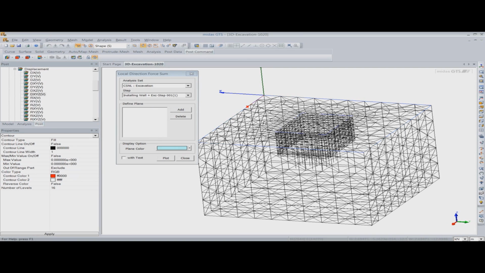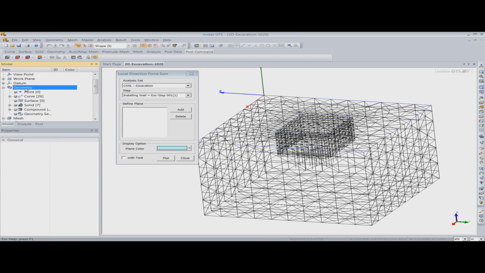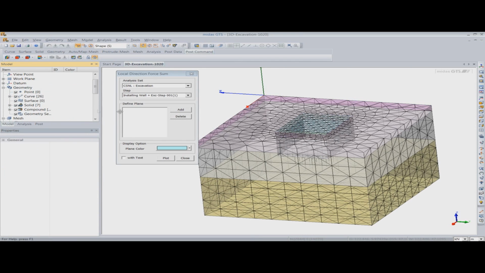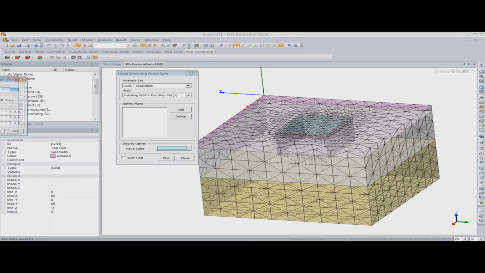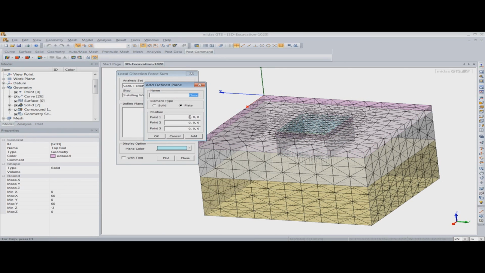In this model I haven't defined any plane, so let me quickly check if we have a plane for defining the local direction force sum. So here I am adding a plane. Let's say I want to add this plane.